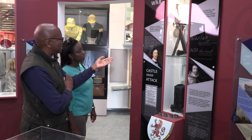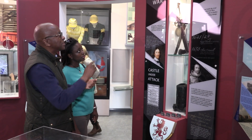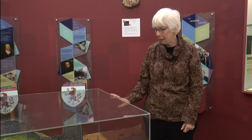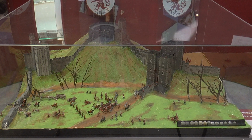The castle itself has undergone many changes, from the original 11th century motte and bailey through to the 12th century stone castle, where stone was imported from Caen in Normandy, through to the 17th century and its ruin during the English Civil War. And this fine model here is made by one of our former members and shows the castle